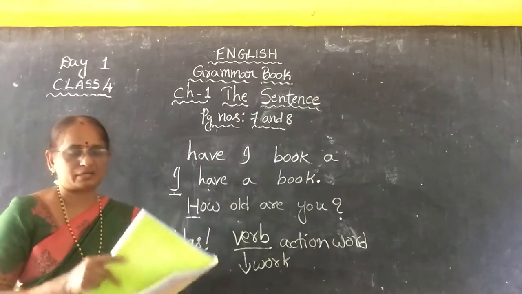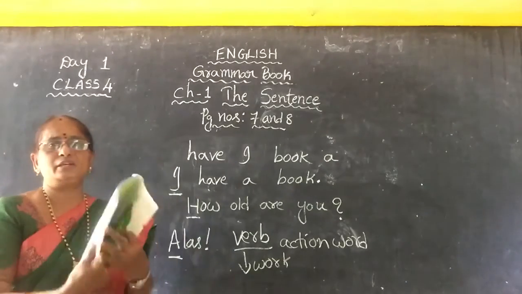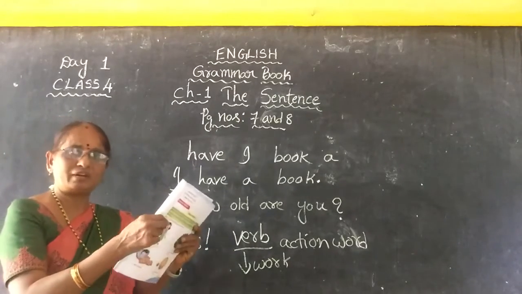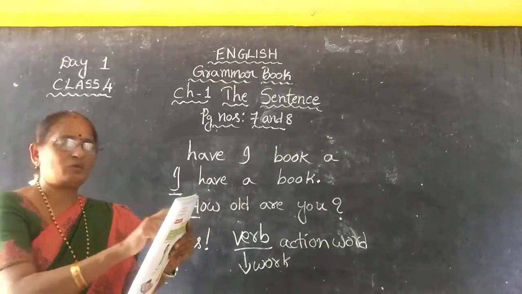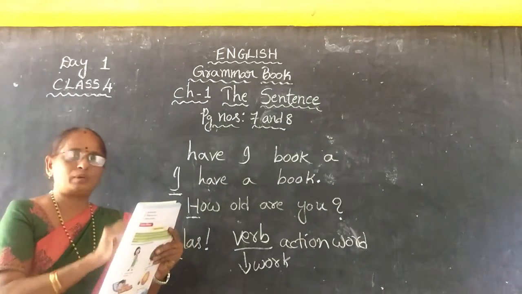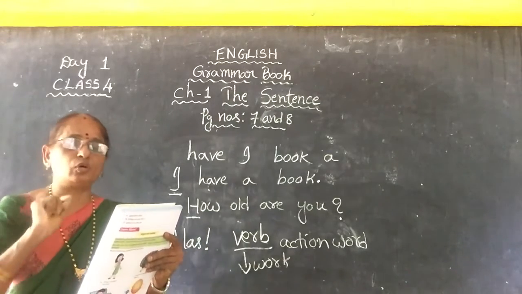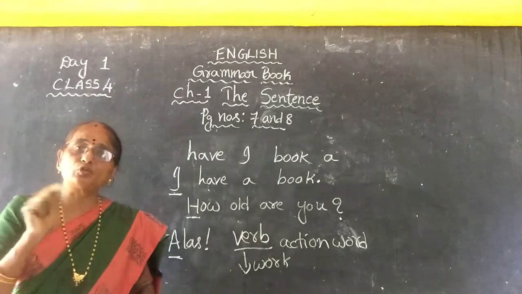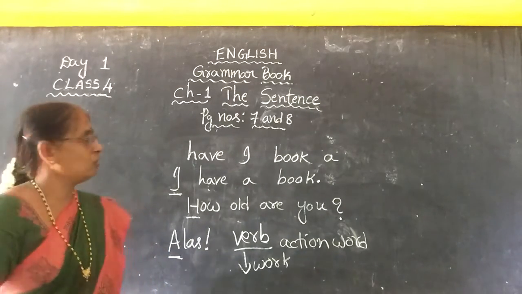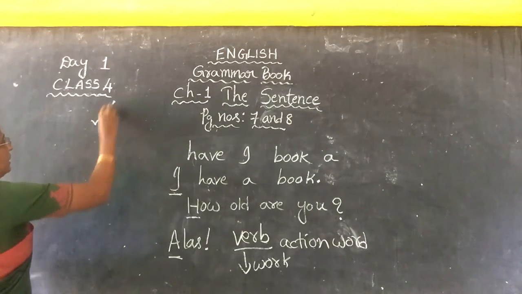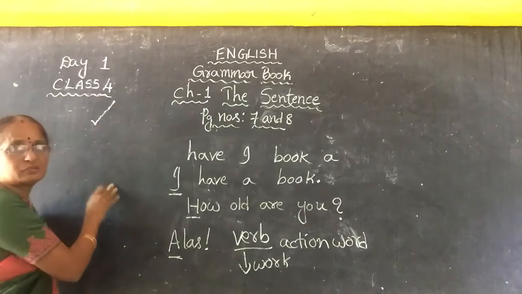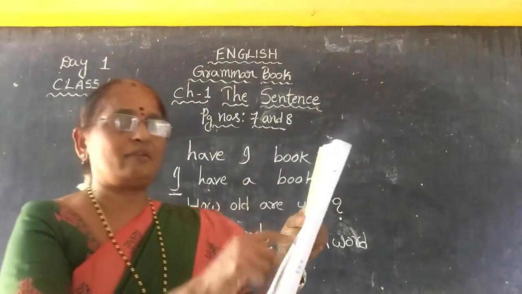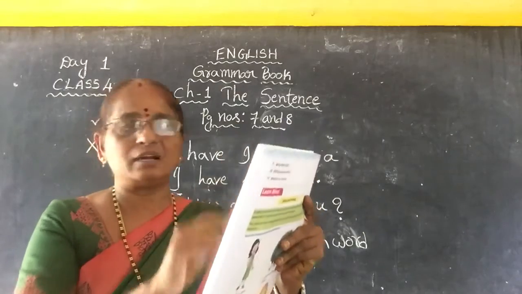Okay, this is page number 7. Coming to page number 8, see here, children. Practice time. We have to practice. We can do the practice work in the textbook itself. See what the heading is here: in the following groups of words, put a tick against those which make complete sense and a cross against those which do not make complete sense. So for correct sentences we have to put a tick mark, for incorrect sentences we have to put a cross. Okay, children. So here in A, 1 to 11 sentences are there.